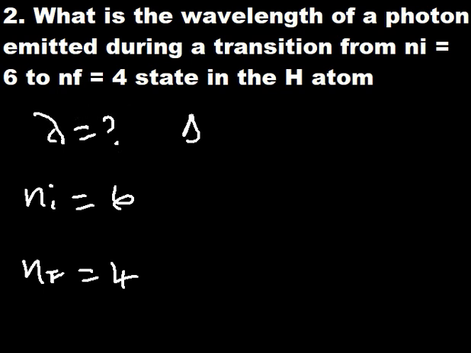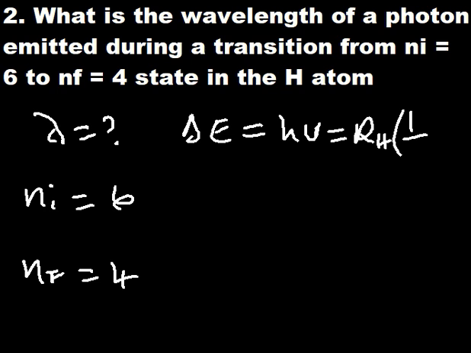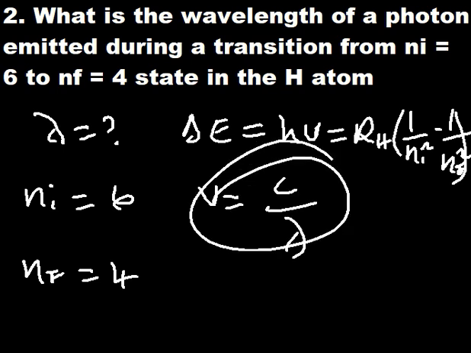According to the principle, the change in the energy is equal to hν, which is the same as the Rydberg's constant times 1 over initial energy level squared minus 1 over final energy level squared. And from there you can find the wavelength using the formula frequency equals speed of light divided by the wavelength. So this is how you should understand what occurred as